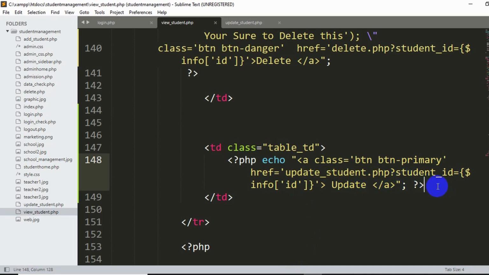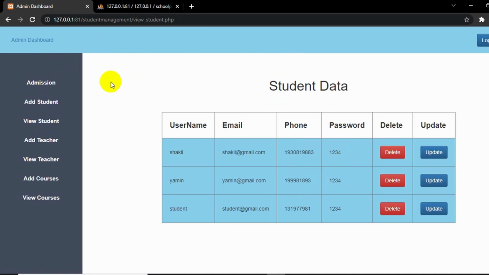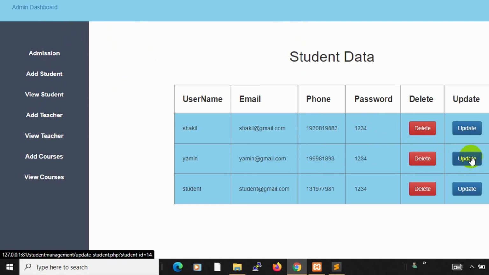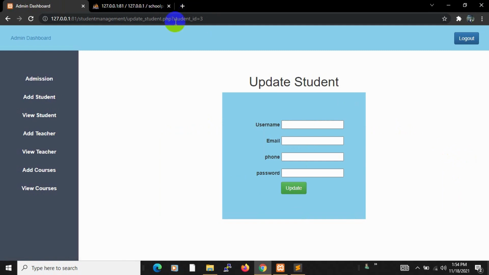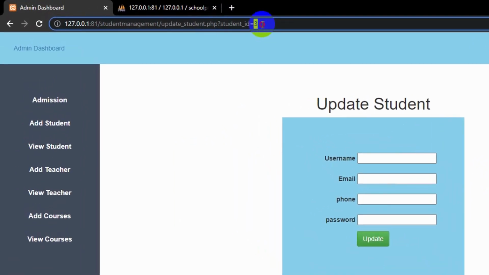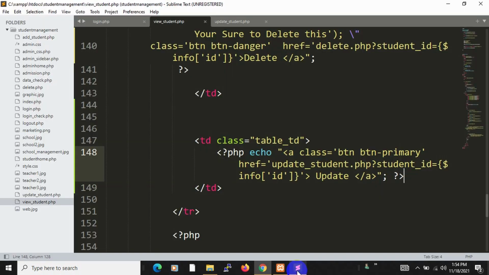So currently if you now save it, then let me go to my view student, and if you take the cursor on the update button, on the left down corner you can see student ID equal to 4. Just notice over here equal to 14, then 15, over here 3, and if you click on it, you can see in the browser we can also see the ID over here, student ID 3. So using this ID we can actually show the data of that specific student inside the input field. So let's go back, and